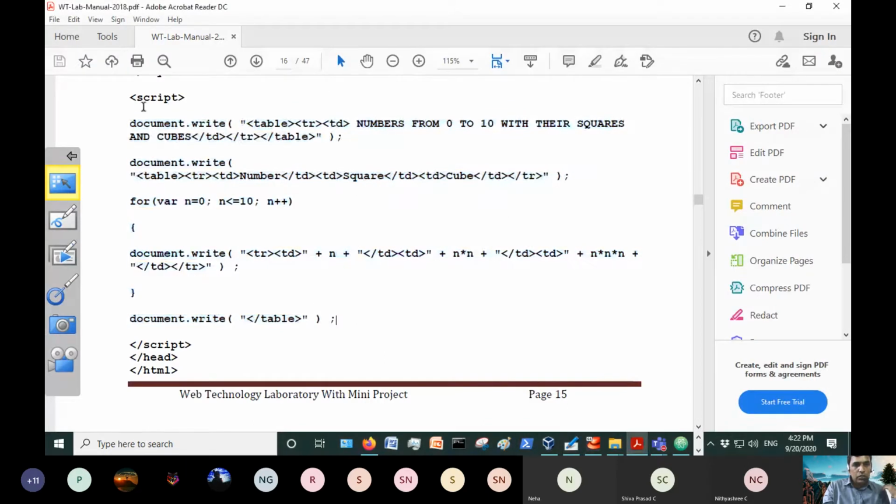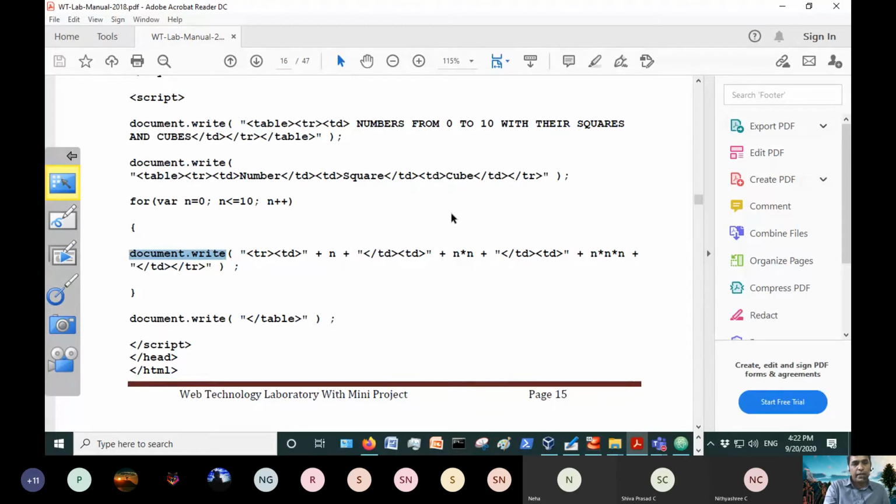Now you saw it, it is JavaScript. I have given the script tag, and finally we have the closing script tag. In between, there are a few statements. Clearly, we have given the first line like document.write. Again, the second line document.write. Then there is a for loop, and within the for loop there is a document.write. That's all. There are just 3 statements in our program which are JavaScript statements.